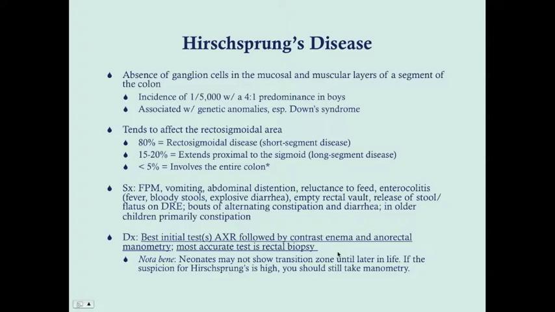So other tests that can be done to rule in Hirschsprung's disease or to diagnose it are anorectal manometry, in which case you're looking at the muscular tone of the rectum, and then the most accurate test is a rectal biopsy. But we like to do anorectal manometry first because you can get your results right away. Whereas with rectal biopsy, you need to put the baby into an OR, have a surgeon take a biopsy, and then send that off to a pathologist, and that takes time. So the anorectal manometry is really a good tool in your